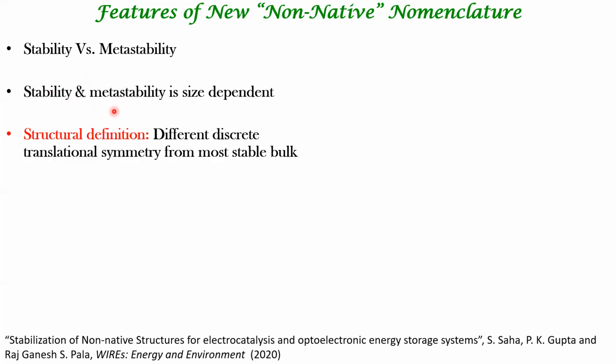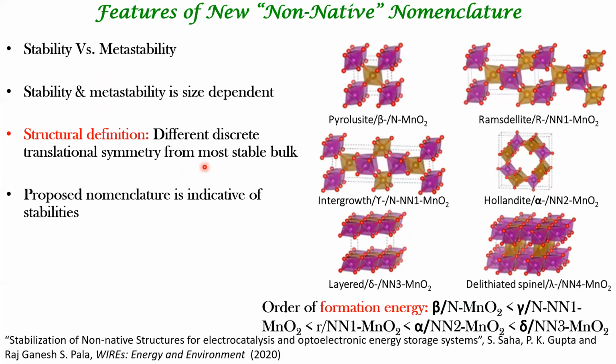So we adopted an entirely structural definition based on discrete translation symmetry. But we had adopted a certain nomenclature which is indicative of stability. For example, if you take MnO2, MnO2 is a dream system for this kind of approach because it has a variety of non-native structures. Let us go through certain